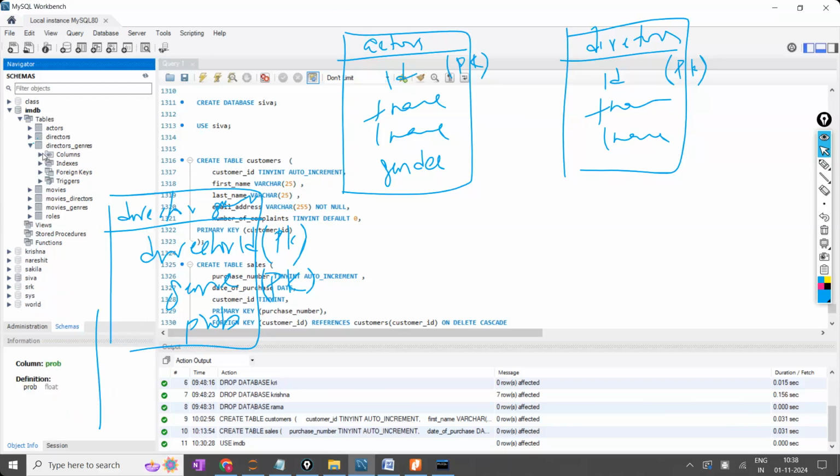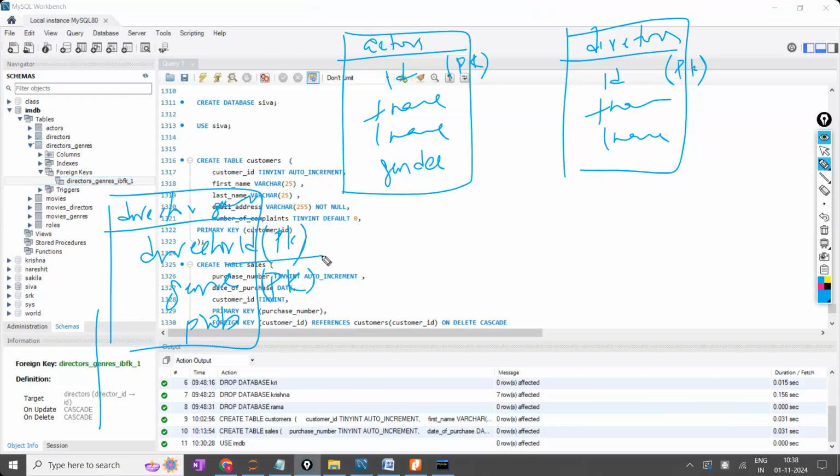Once this is completed, now let us open the foreign key. Yes, foreign key is available. The foreign key I'm having is directors. So here director ID is the foreign key. So the primary key, the same thing is considered as the foreign key also. Okay. So this foreign key, to which column is it connected? Director ID, arrow mark is to the ID. Which ID? Here 2 IDs are there. Which ID? To the director's ID. So this one has to be drawn to this one. Arrow mark is this way.